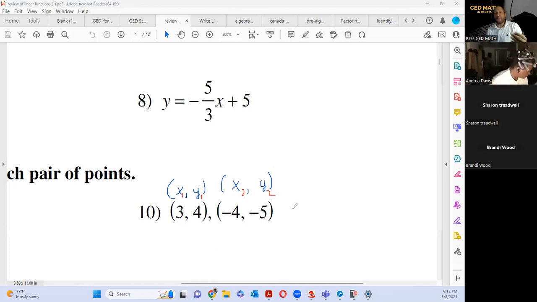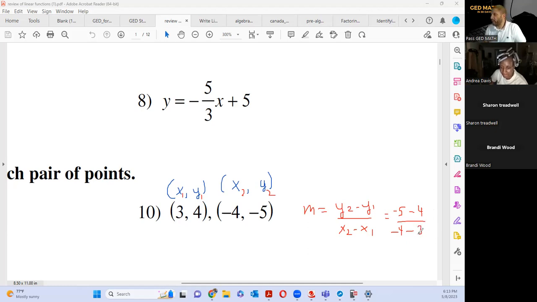So when you go to your formula sheet and you're trying to find the slope between 2 points, M equals Y2 minus Y1 over X2 minus X1. Then it becomes easy because all you're doing is substituting. Y2 is what? -5. Minus what's Y1? 4. I'm sorry, 4. X2 is what? -4. Minus what's X1? 3. Now, whether you use the calculator or do it by hand,